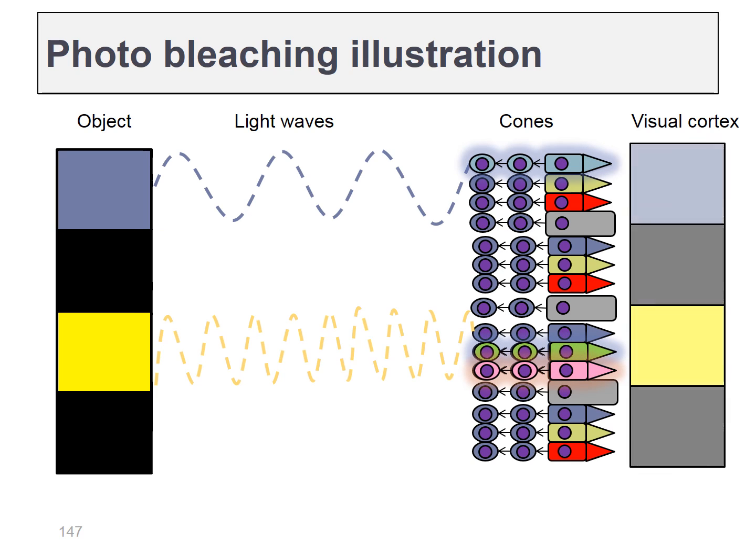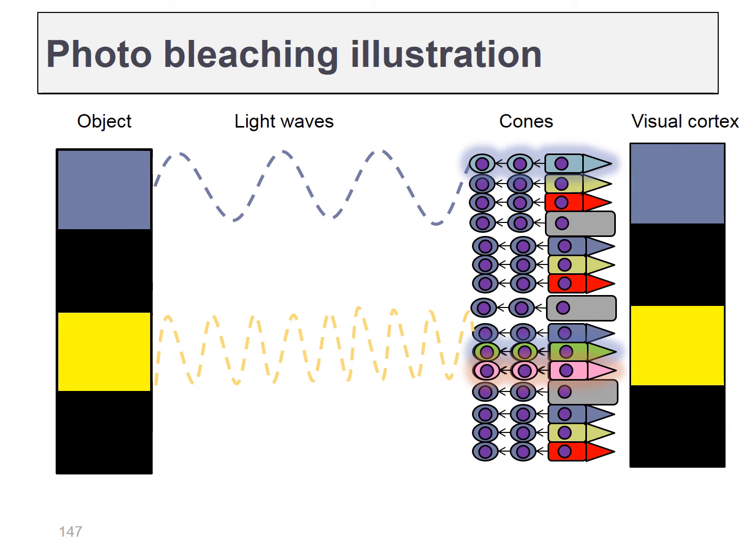So when blue light hits certain parts of the retina, it'll be activating the blue cones, and yellow light hitting other parts of the retina will be activating the red and the green cones. And it's going to be those cones just in those areas that get bleached after a few minutes of staring at this object. In other regions of the retina, for instance these black bars, the cones are not being overstimulated